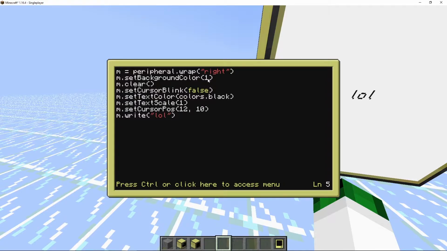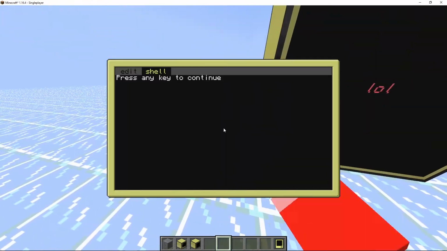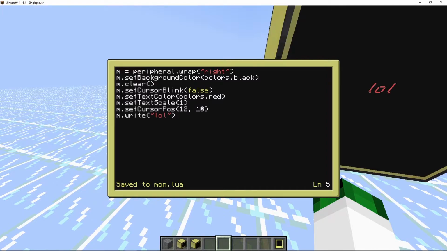And then we're gonna set background color to colors.black, and we'll set the text color to colors.red, and then if we run that, it will do that, but we'll make it once it's typed the thing, and once it's